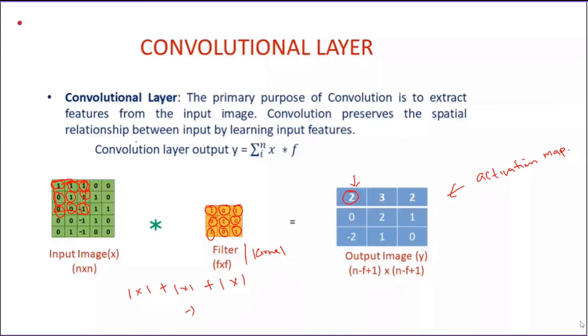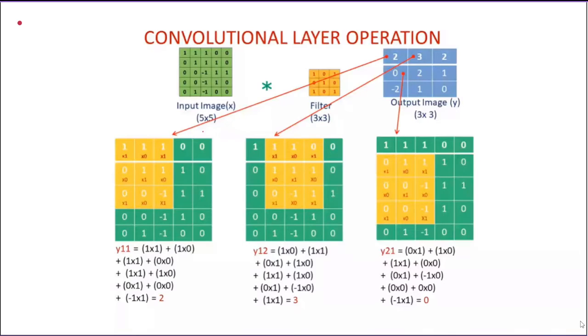Again, the same thing is explained here for a better understanding. You have this 2. How do you get this 2? You multiply the value of the pixel of the image with the corresponding filter value, and this process is continued from left to right and top to bottom so that you get a convolved image or activation map. This point is what we call the area of interest, or the pixel of interest.